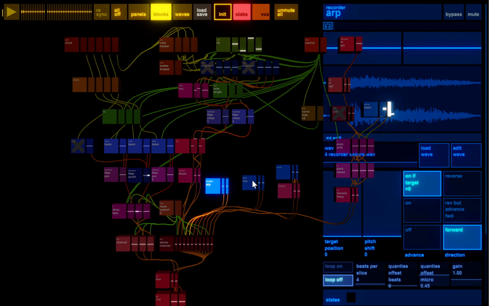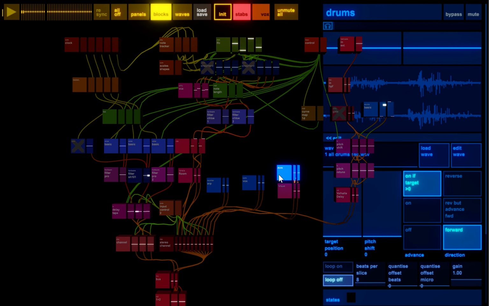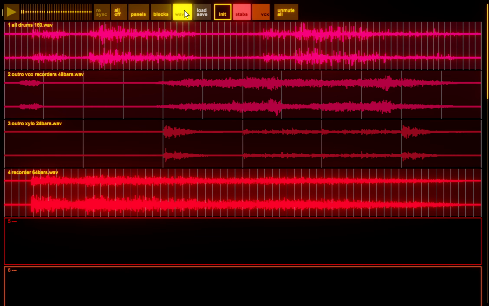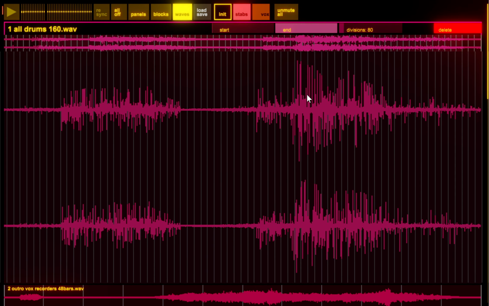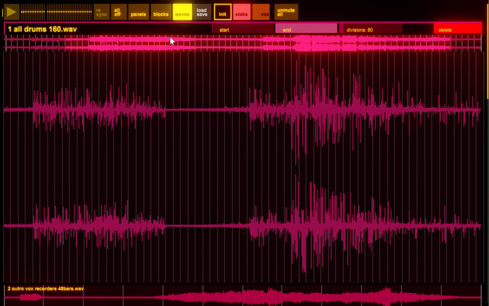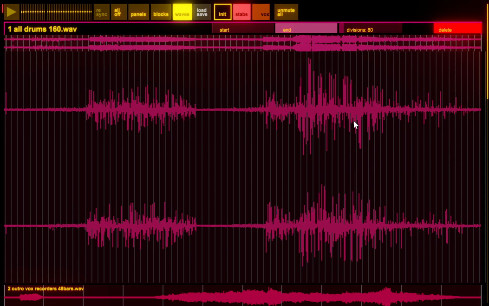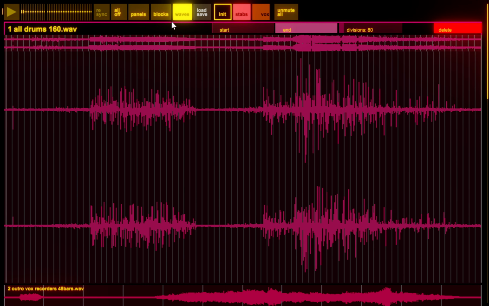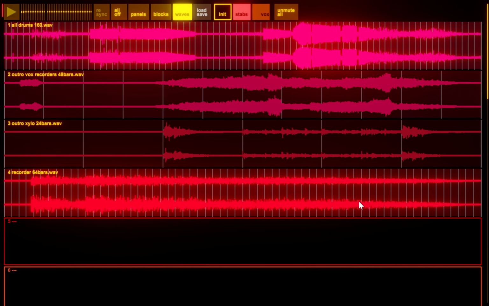What I want to show is here's a sort of stem player device, which uses the waves page. On the waves page, you can load waves in, you can put a grid on them. It's got rudimentary zoom and whatever. This bit does need work, I'll be honest. And in the end, it will have flexible grids. At the moment, it's a fixed grid.